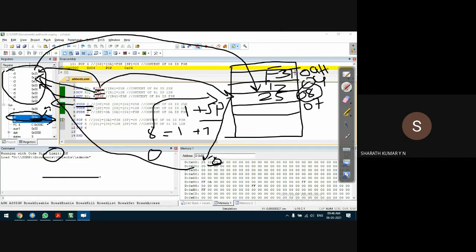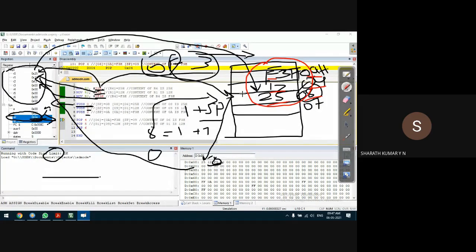Yes, only F3H is copied, not 0F3. Why? Because in the last class, we understood that even if the data is 0F3H, the compiler will take only the lower 8-bit data, not the upper 8-bit data. Next, in the stack memory, we have 3 bytes of data: F3 at 0AH, 12H at 09H, and 25H at 08H.